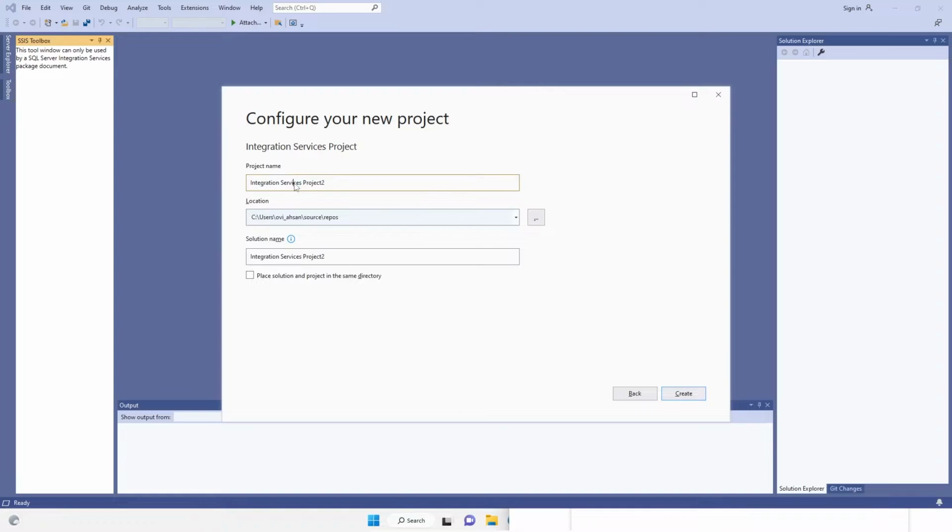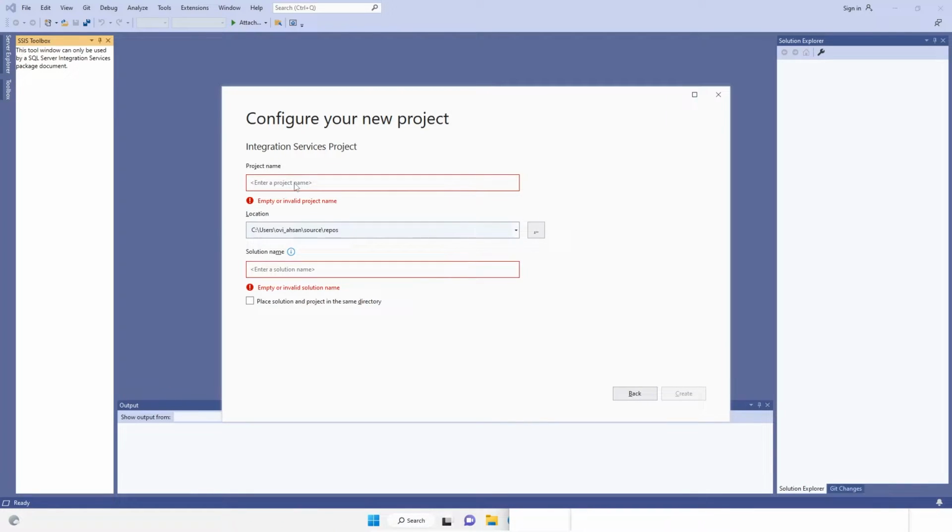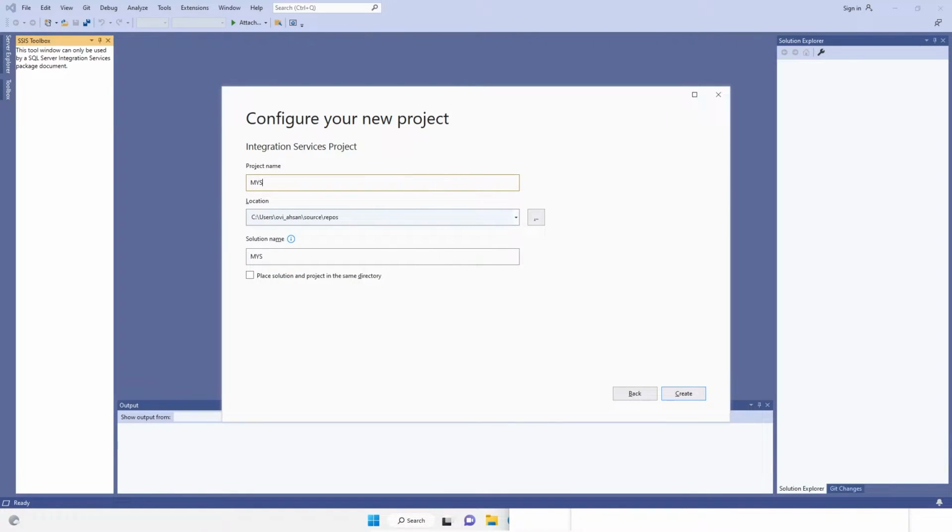Okay, let me provide MS SQL to flat file. This is the default location. You can change it or you can leave it as it is. You can now create.